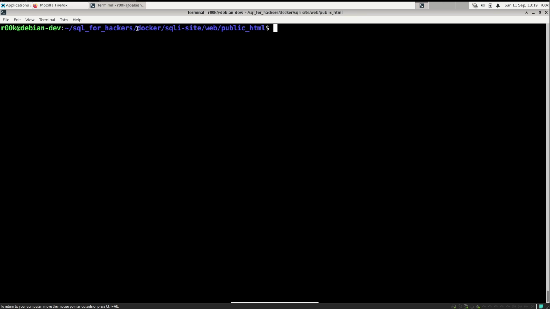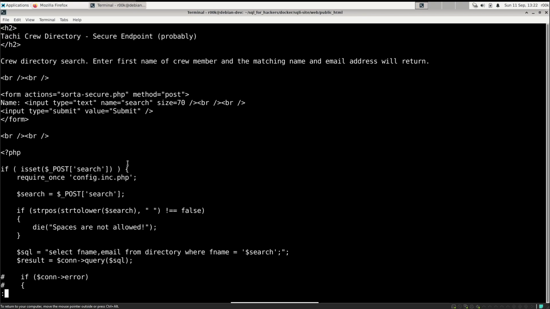We're starting out here in the Docker SQLite site web public HTML directory, and this is where all of the PHP files for the web application are kept. And the page that we're going to be looking at is the sorted-secure.php page. You can see down towards the middle bottom of the screen here that we already have a filter set up.